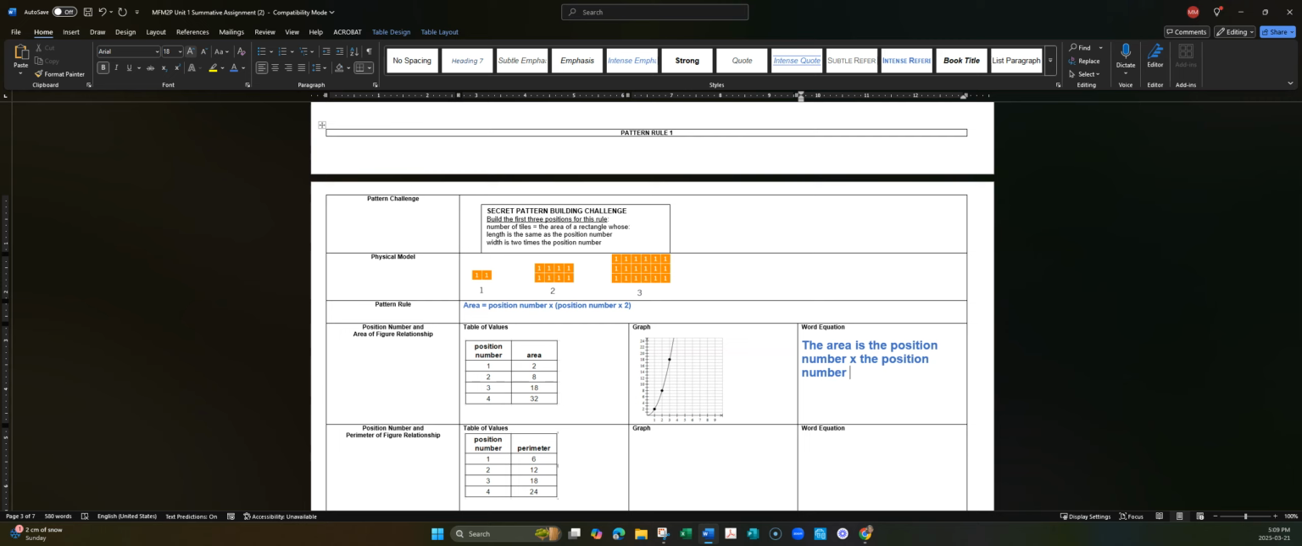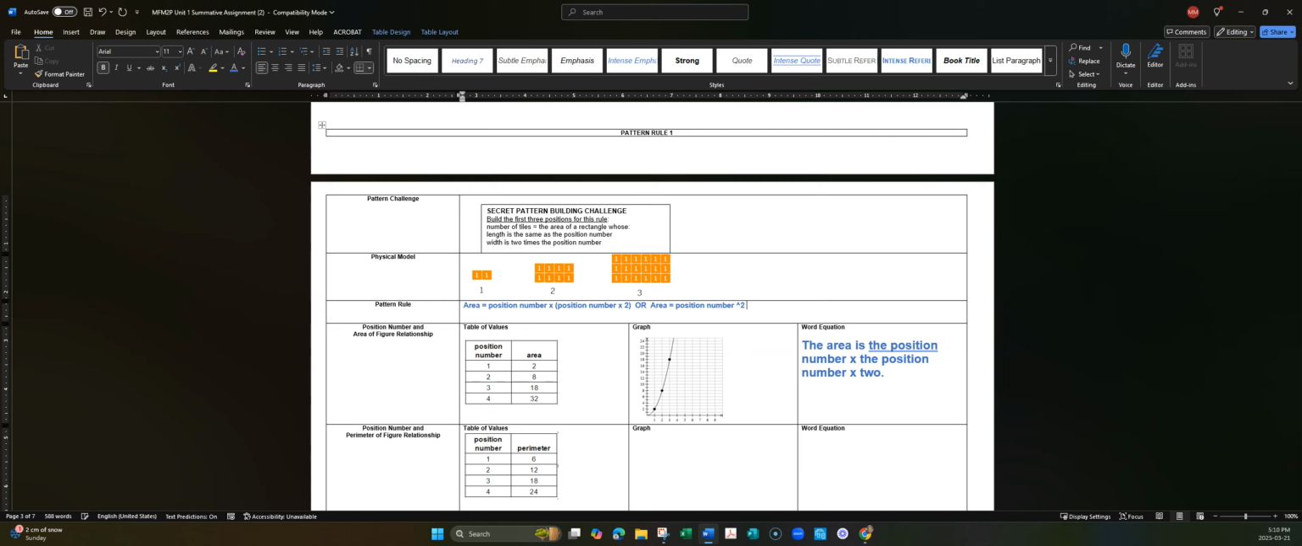We could actually say the position number squared times 2. Right? So there's a couple ways that you can do this. You can also say the position number squared times 2 would be another way if you wanted to write that. I mean, there's more than one answer here. You could say, or area equals position number squared. Now, how you do squared when we write it is you put that little weird, it's called a caret,